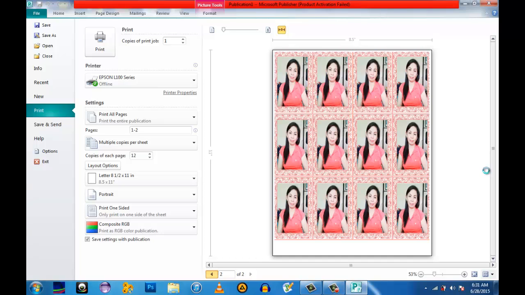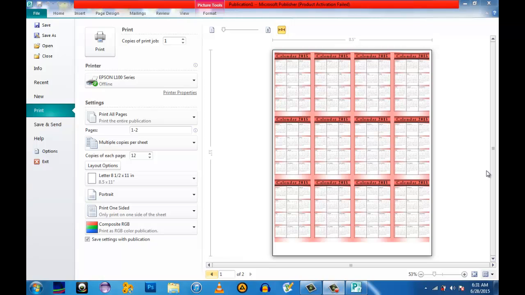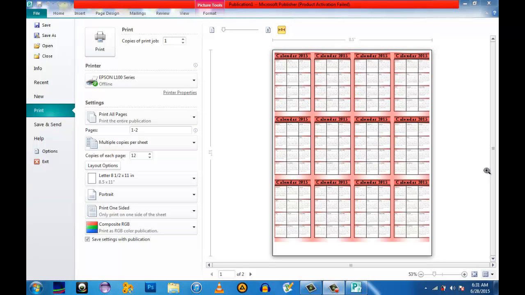And then after printing, you can just print it back to back, and then it's now ready for use. You can cut this out. You can make at least 12 calendars. If you want to reproduce again, you can do that.